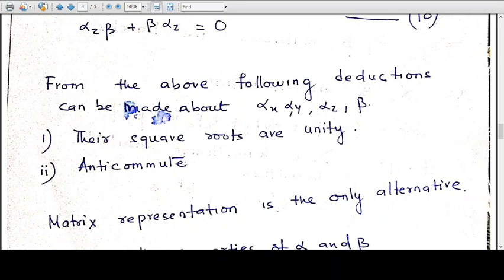Because they are anti-commuting operators, these conditions cannot be expressed by some numbers or some differentials. So this is hinting towards, or at least showing, that for these operators